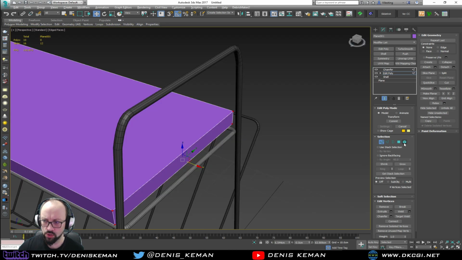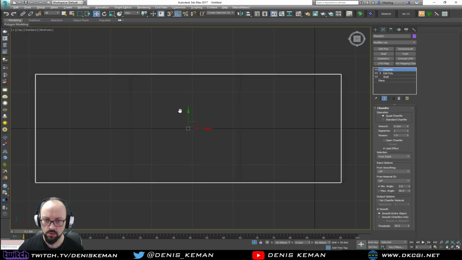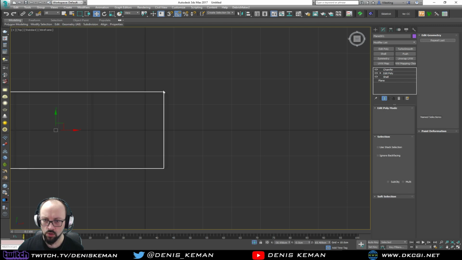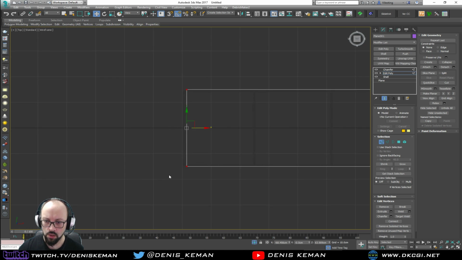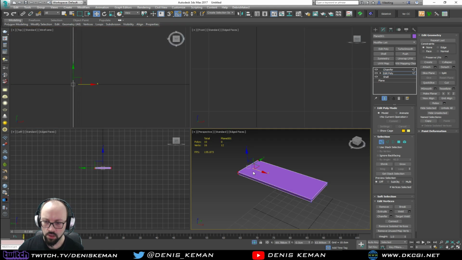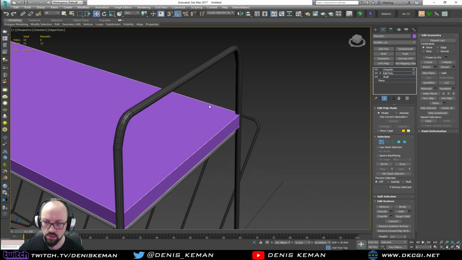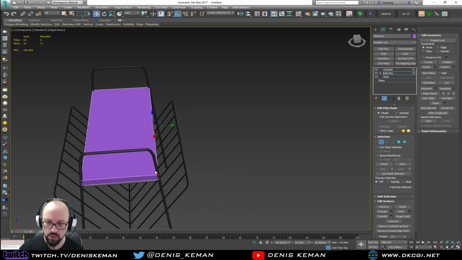I want to make sure that this thing does not clip. So let's make it like this then. First, go in, edit poly, all the way across to here, and all the way across to here. Having done that, now when I isolate, I'm gonna pull it back a bit so it's not clipping through the legs,